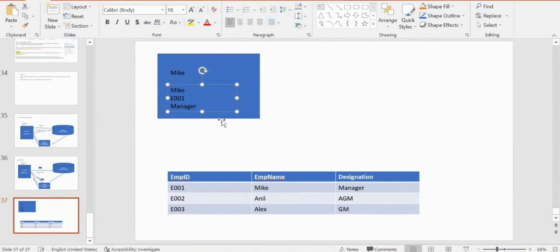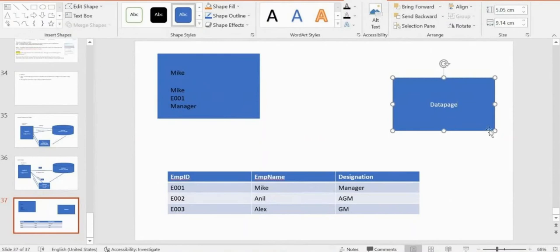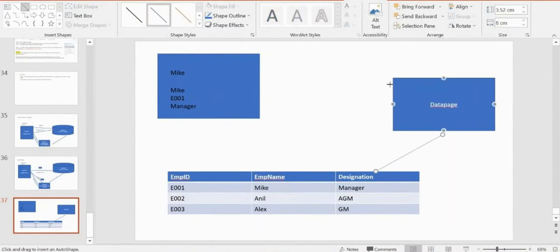To get this, we use a data page. This data page will go to the DB table, retrieve the data and send it back. What I'm sending here is Mike.